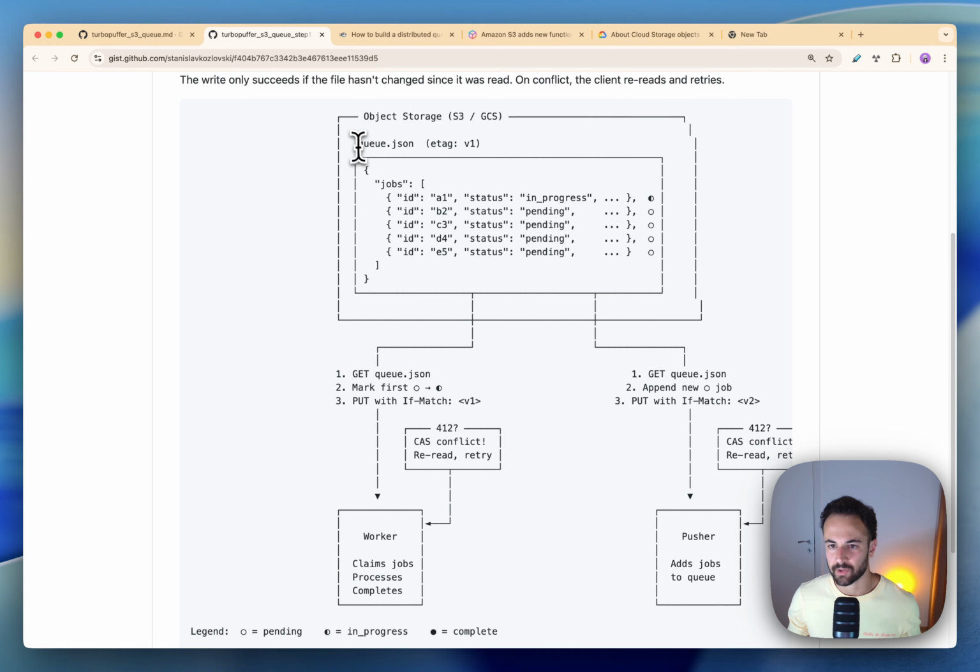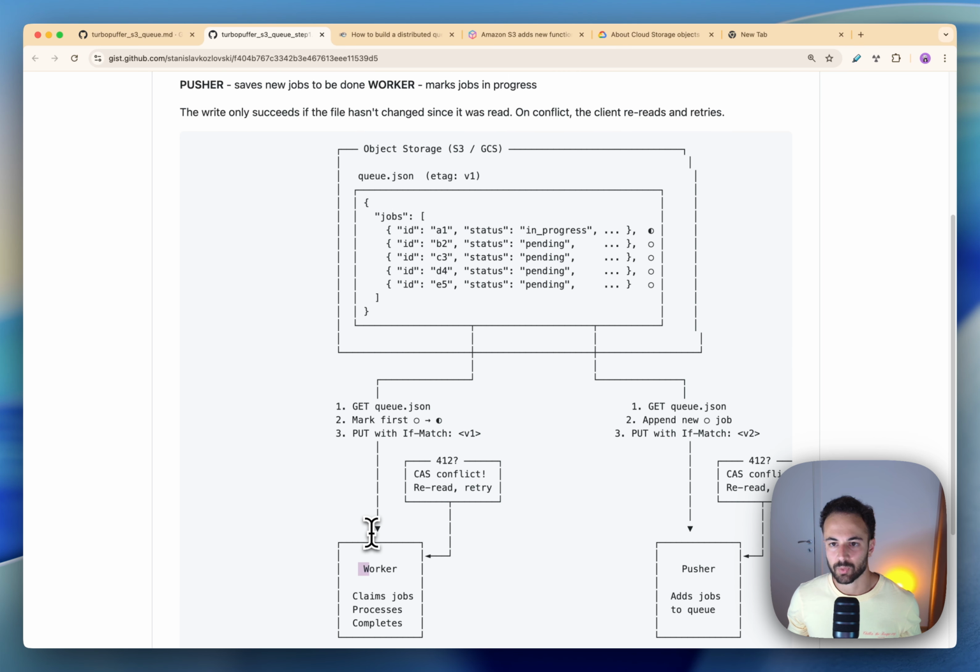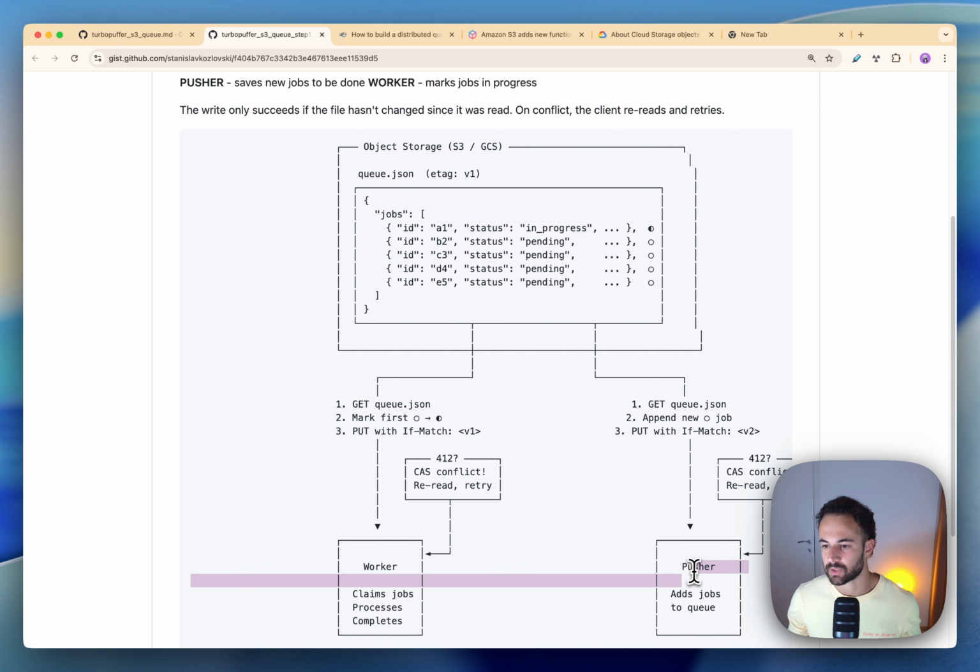So let's imagine we have a queue.json with a jobs array, and the array has different jobs with different IDs, and they have a status. So pending means this empty circle, and in progress means this half-filled circle here. So what the worker does, what the pusher actually does first, is it first gets the queues.json, so it reads